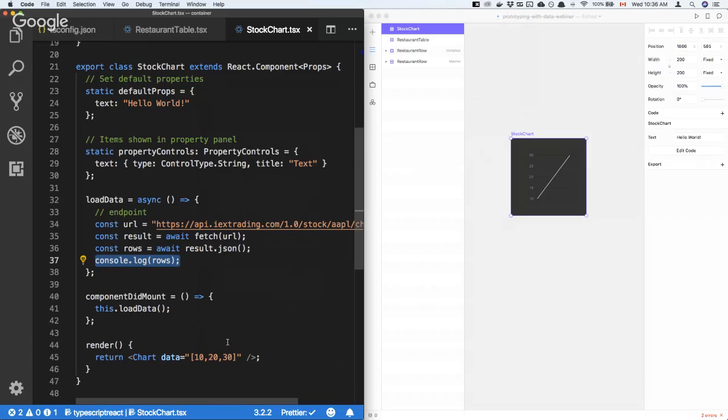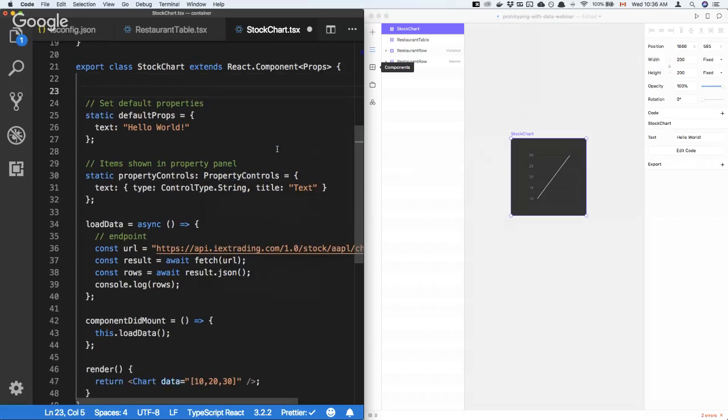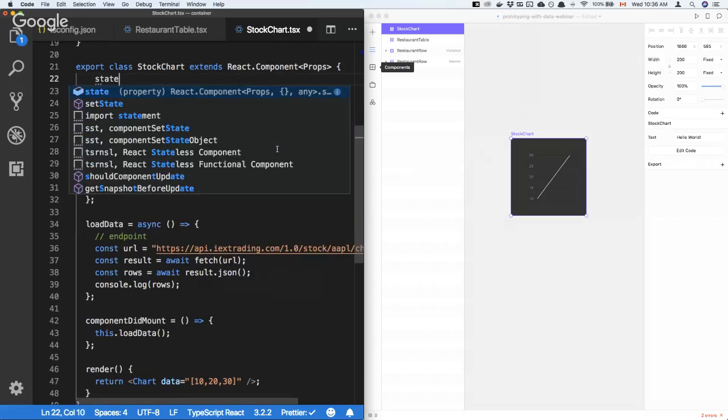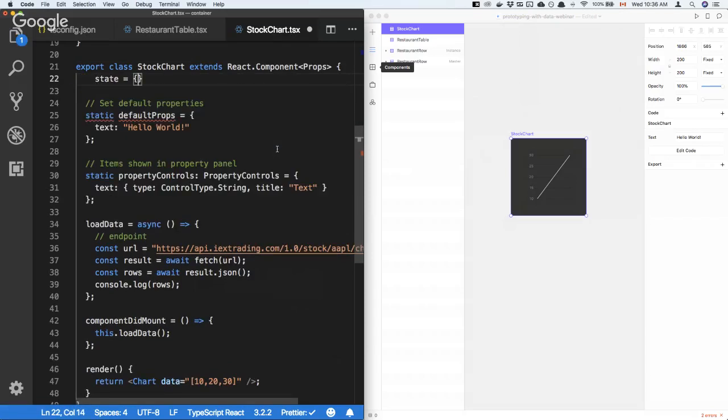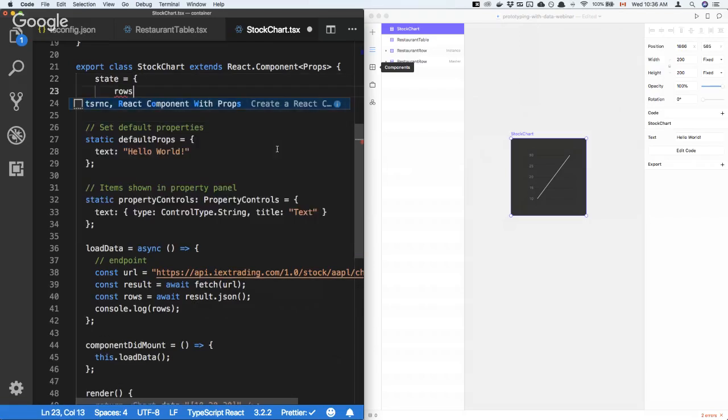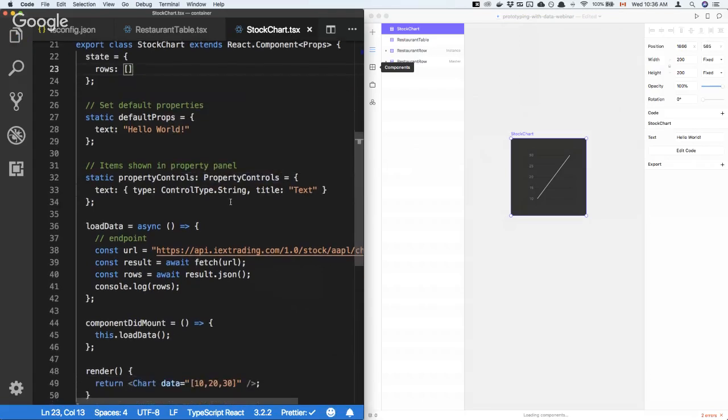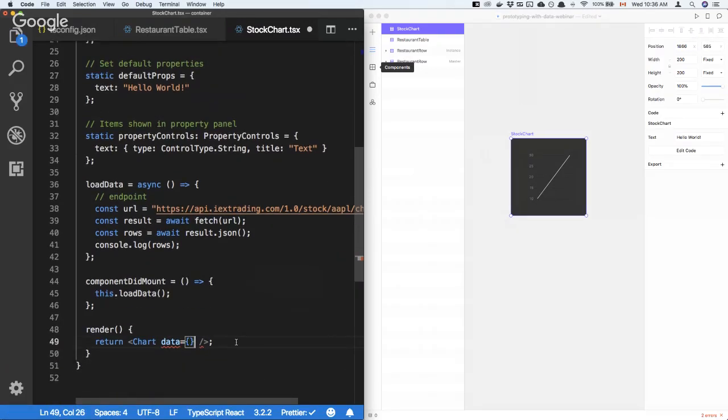Now the question is, how do we actually put this number of rows into this prop for the chart? That requires something called state, if you're familiar with React. So for now, we have 0 rows. And over here, line 49, we're going to use